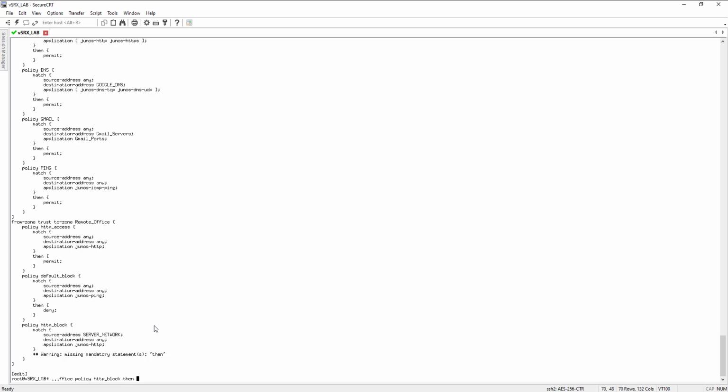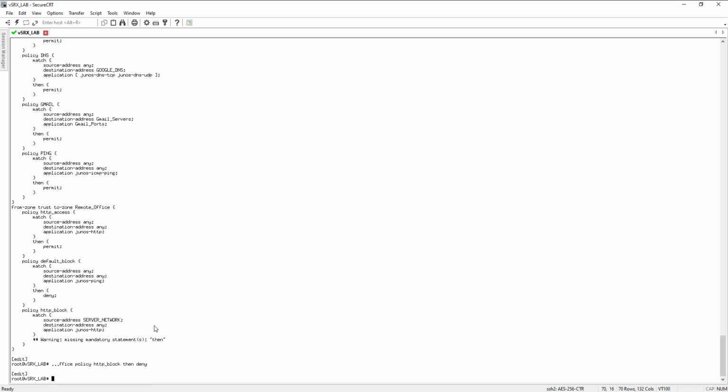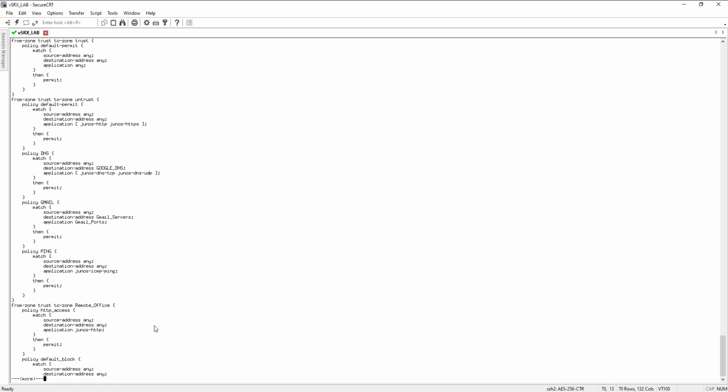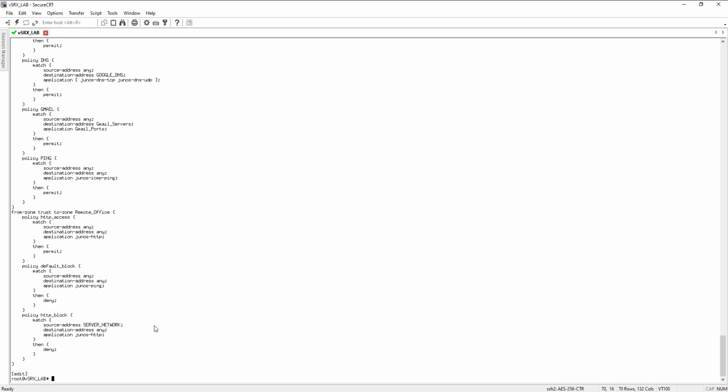Then we are going to deny. Okay, so now you can see that we added a rule, HTTP block, source address server network, destination address any,